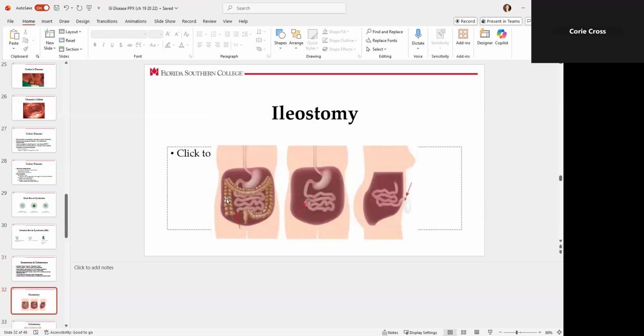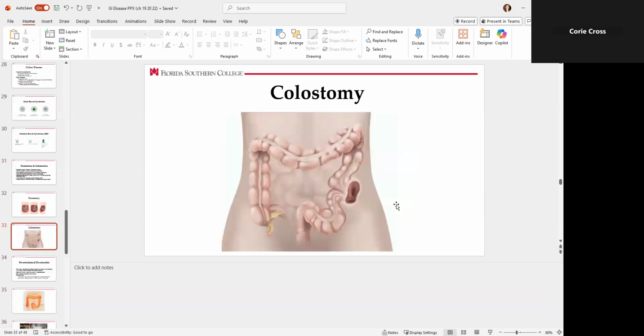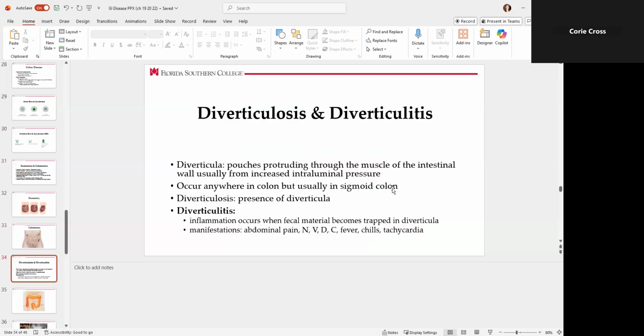This shows the location of ileostomy. Again, small intestine, and it's on the right side is where your stoma would be. Colostomy, large intestine, and on the left side. All right,